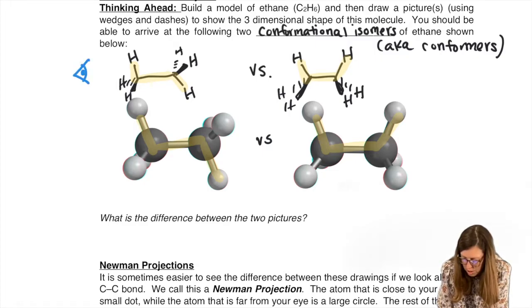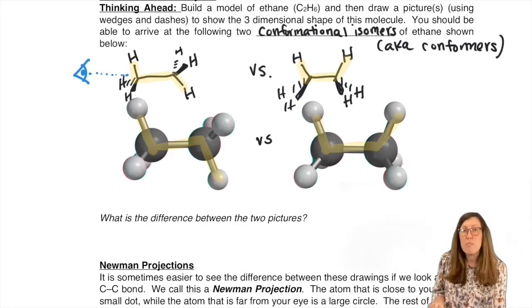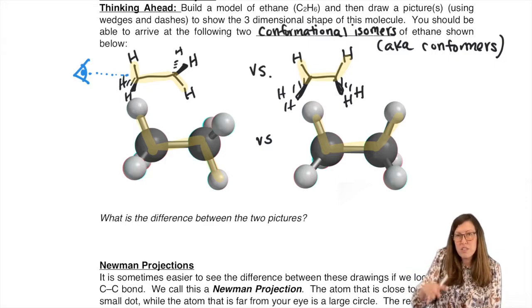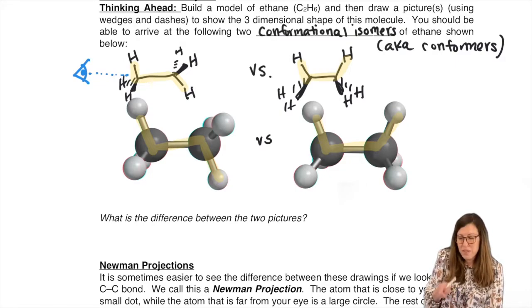So what I did is I turned the model toward me. In paper, you can't do that. You can't easily turn a model towards you, so you have to kind of pretend your body's in the plane. You've decided to keep the molecule fixed, but your body is essentially pretending to move. So the fixed point of reference is the model. When we play with models, we are the fixed point of reference. We keep ourselves still and we move it how we see fit. When we're working on paper, the model is fixed. We move. So we've got to kind of visualize our eye right there.